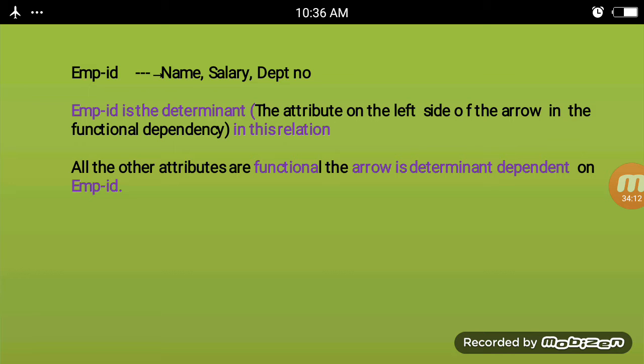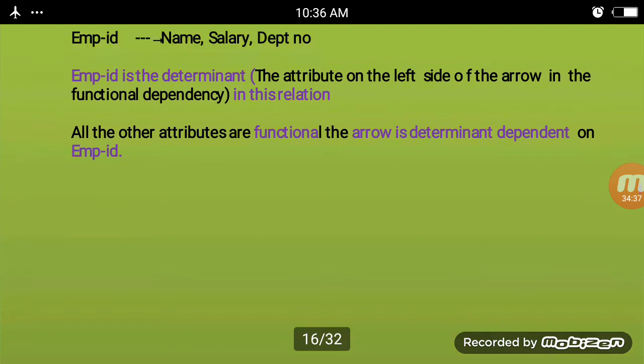In this relation, all the other attributes, name, salary, and department number, are functionally dependent on employee ID. This is about functional dependency.